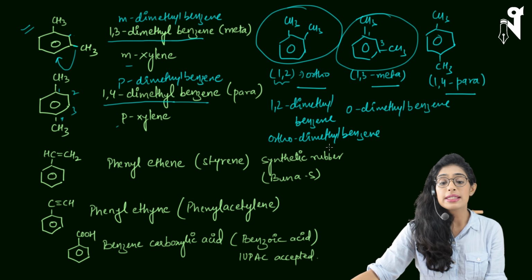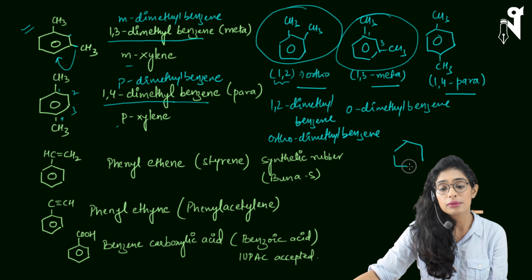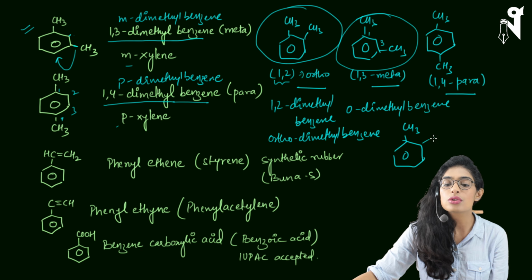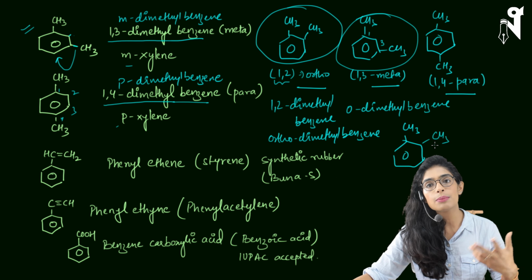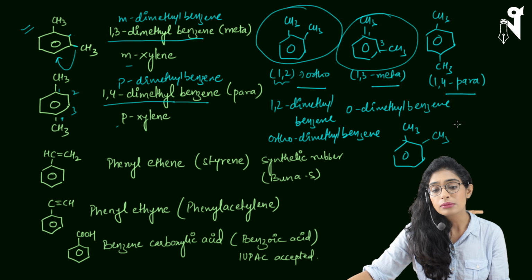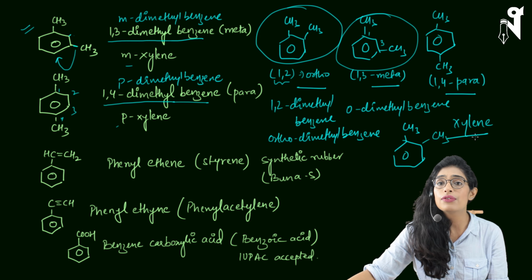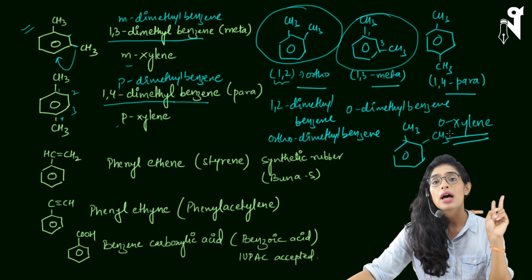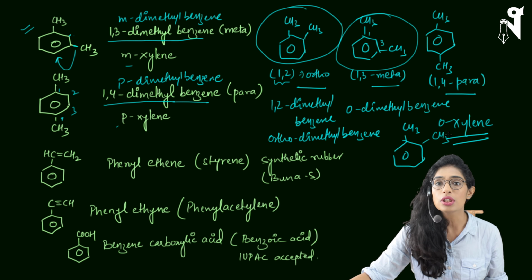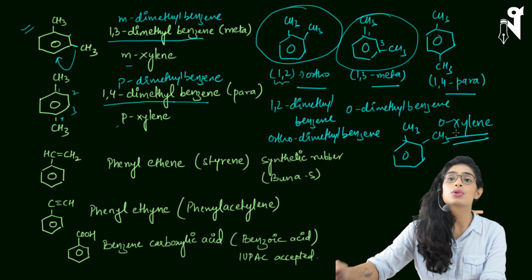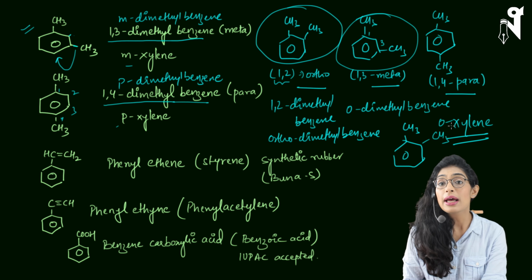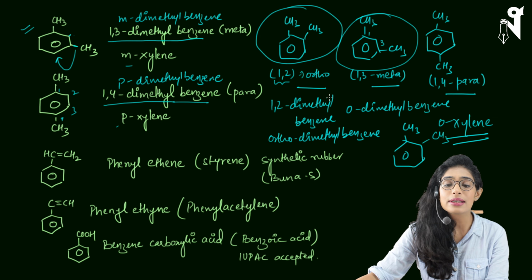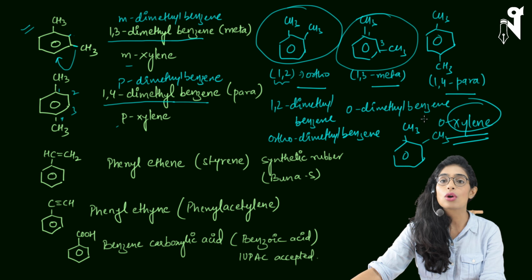So, benzene having two CH3 groups on any position, by the way, is called as xylene. So no matter it is on the ortho position or para position or meta position, the compound is called as xylene. Now, how to represent the positioning of CH3s over here? If I'll write orthoxylene, that means two CH3 groups are attached on the first and second position. If I write metaxylene, that means the positions are first and third. And if I write paraxylene, that means the positions are 1 and 4. Okay, so xylene is the name where you have two methyl groups on benzene. This is the common name.